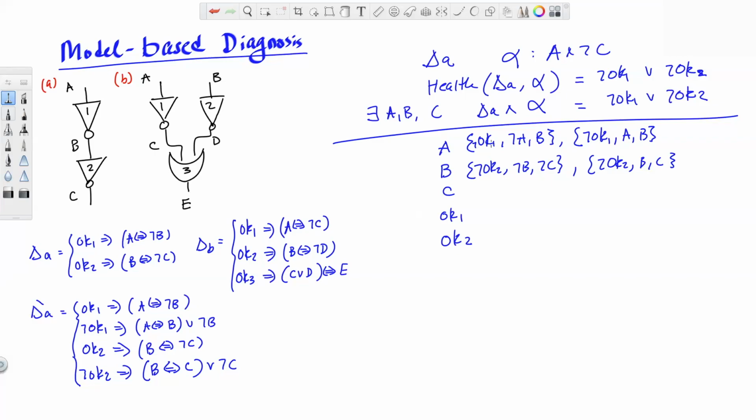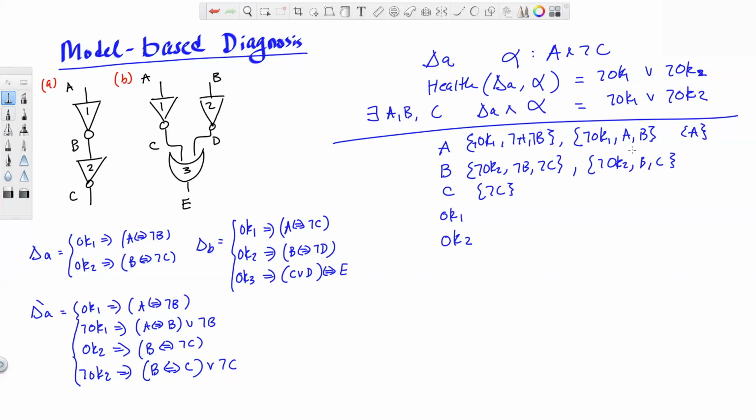Again, not OK1, not A. This should be not B here. And not OK1, A, B. And then I'm going to get not OK2, not B, not C. And then this is basically not OK2, B, C. These are the clauses that come from the system description. But I also need to add the system observation. The system observation is 2 unit clauses. The first one ends up appearing in this bucket, and the second one, not C, ends up appearing in this bucket. Okay. And now if you go ahead and do directed resolution, what you're going to find is, let's see,